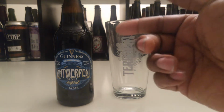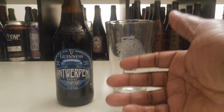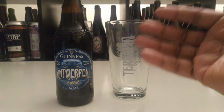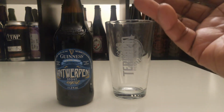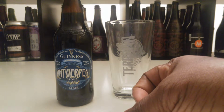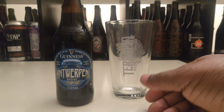I've had their other foreign stouts, like the 200 they just recently put out. And then they had the different foreign stouts where they use a lot of the local malts and local ingredients. Like they had one for Africa, one for Ireland, one for Belgium. They had them for all the different brew houses or breweries located around the world. And yeah, I was just running around tasting them. I mean, you build it, they come. So yeah, with that being said,